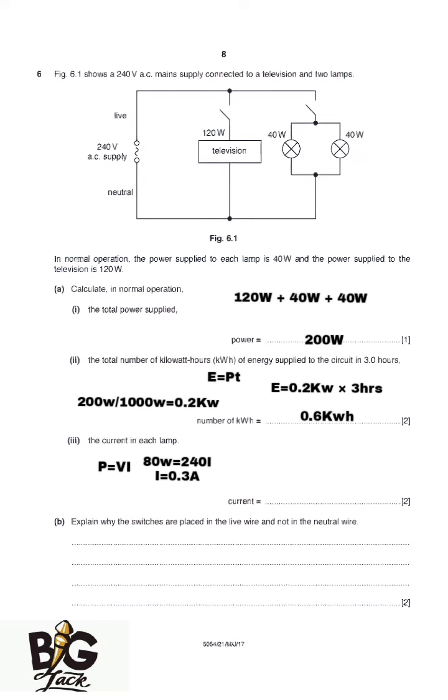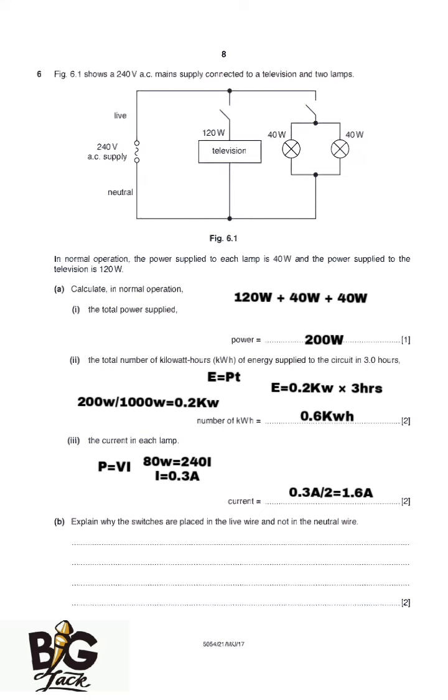Now they are saying the current in each lamp. So I'm going to say 0.3 divided by 2. Then the final answer is going to be 0.15 amps. That one is our final answer. Okay. Then question B is saying, explain why the switches are placed in the live wire and